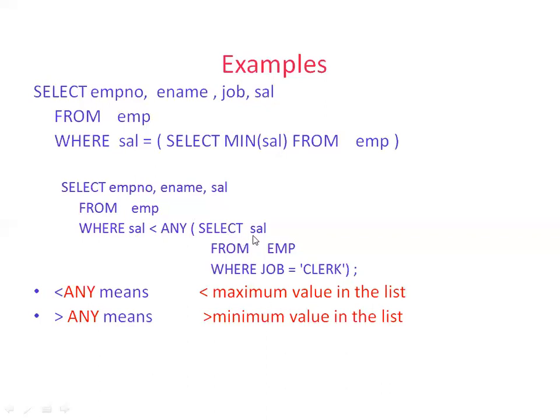Now let us assume that from this particular inner query we get the maximum value as 100. So here, where salary is less than 100, we are trying to fetch all those values whose salary is less than 100. The only thing you have to understand is, when you use this kind of any clause, first get the maximum value, and then we compare it with the parent one. Less than means we are trying to fetch out all those particular